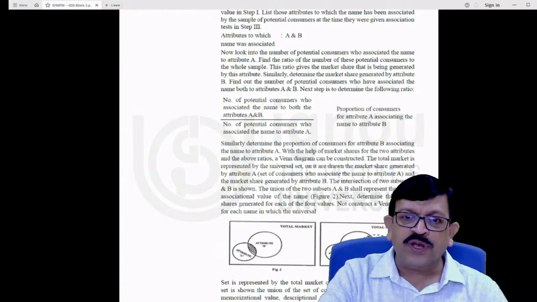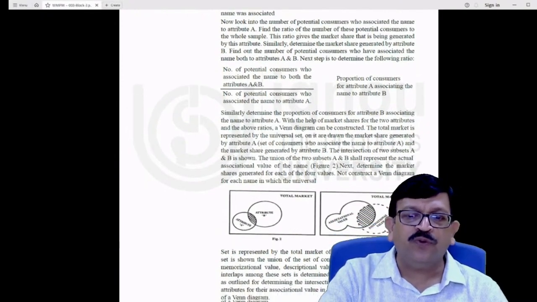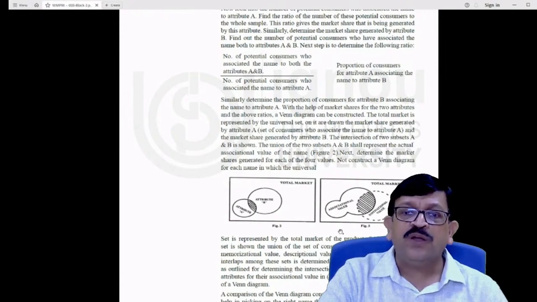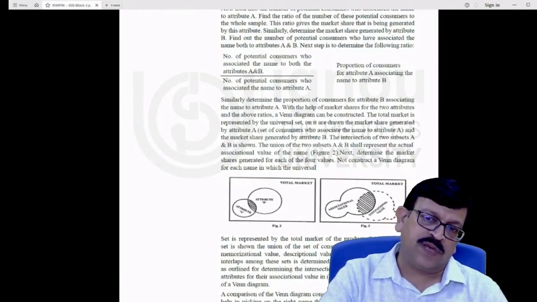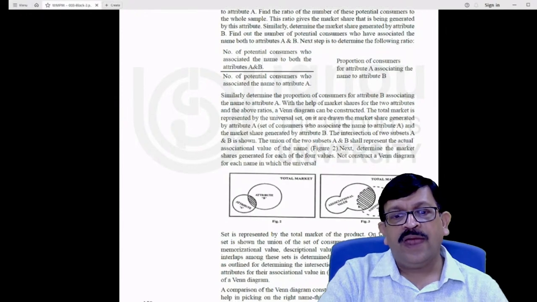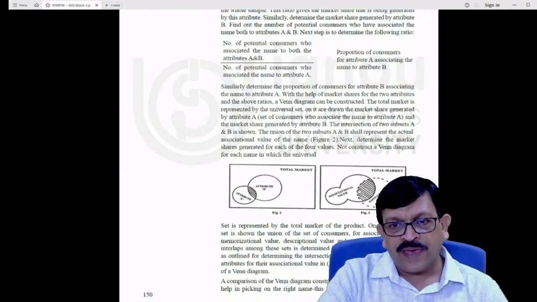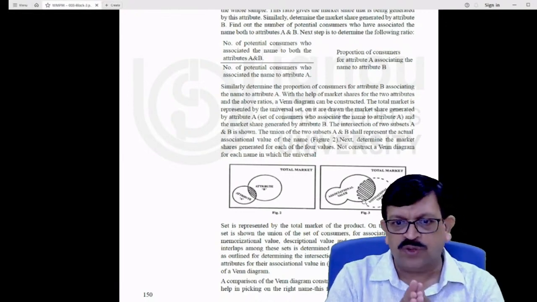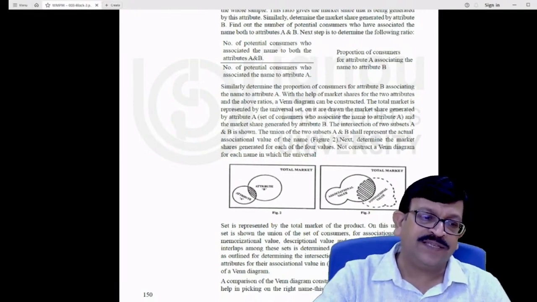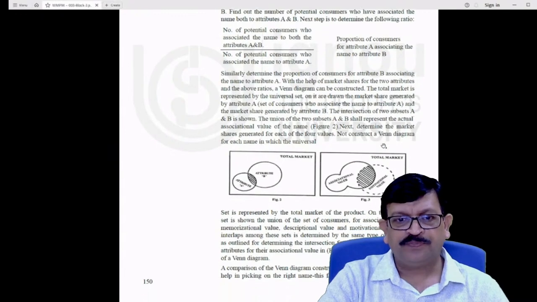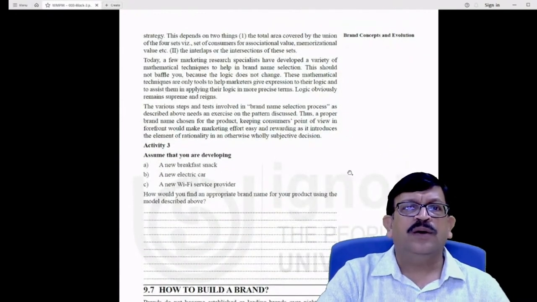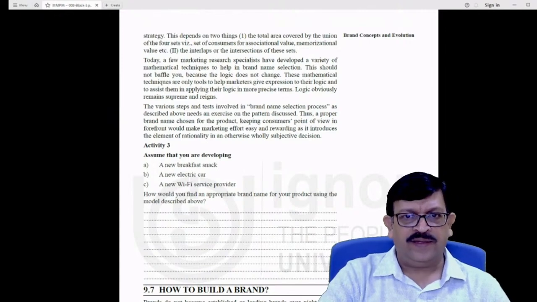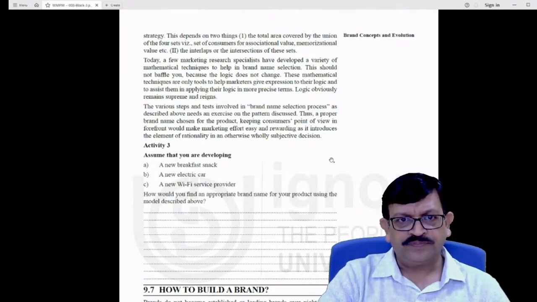If you look at the set of 4 values that we talked about, we can also draw Venn diagrams, as you can see in figure 3, and work out which are again the areas of intersection. The more the area of intersection, the more those names should be selected for the brand. So that is how a brand name can be logically selected and can be taken forward.